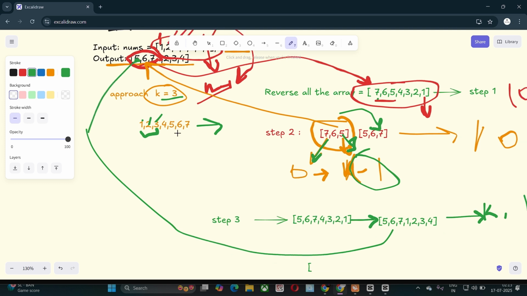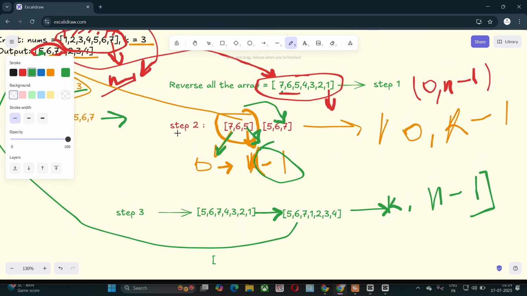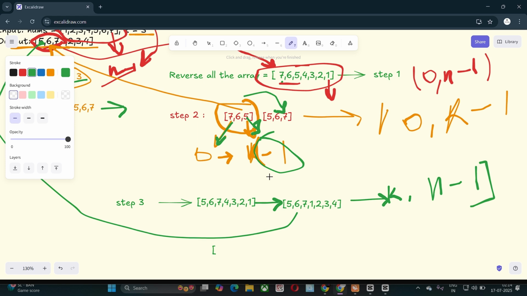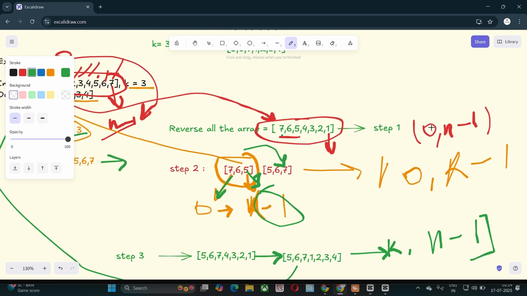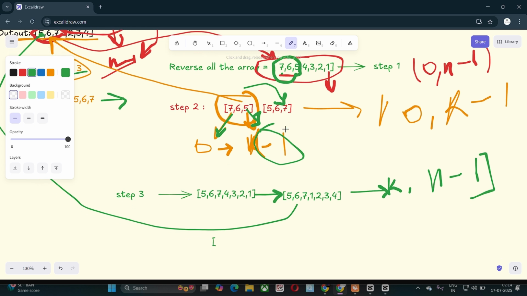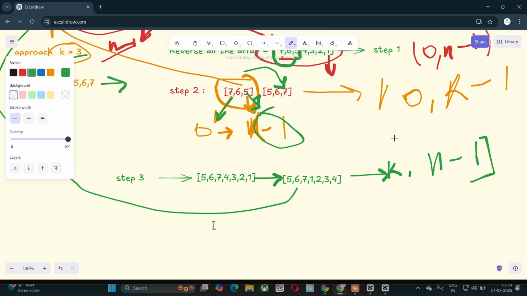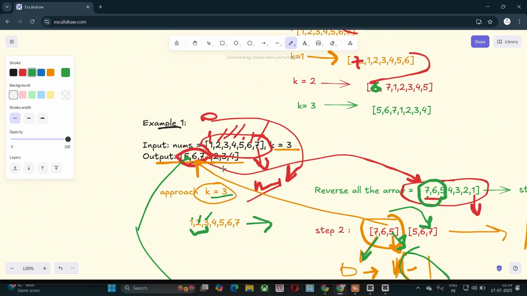Okay, so I'll comment it: used in case k is greater than n. Now we see our traverse process. So now write this.